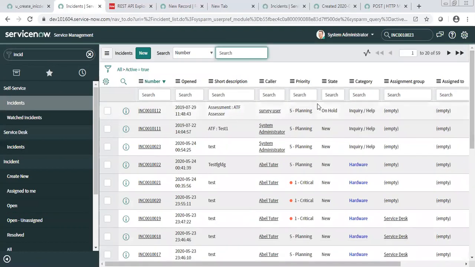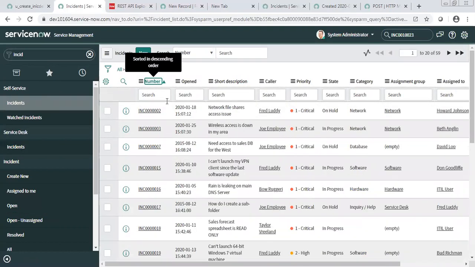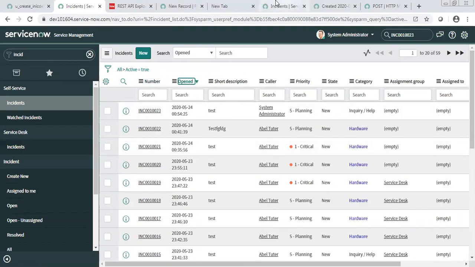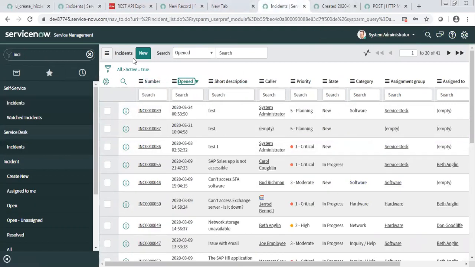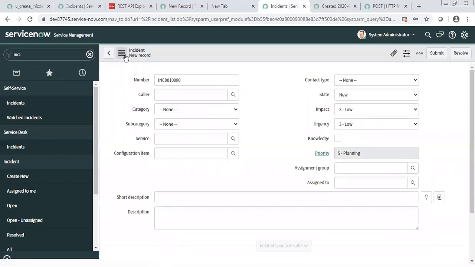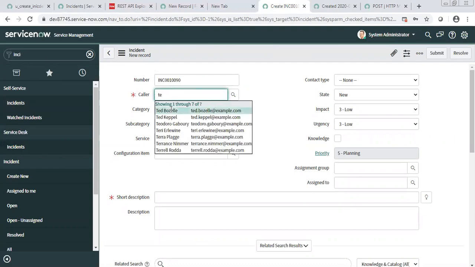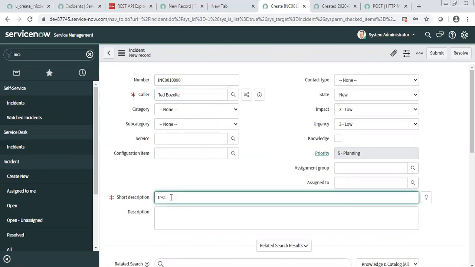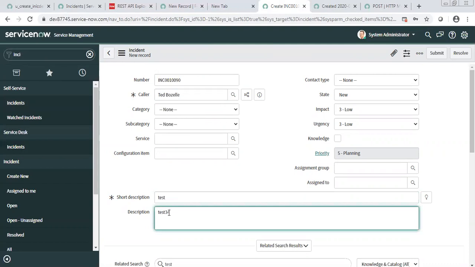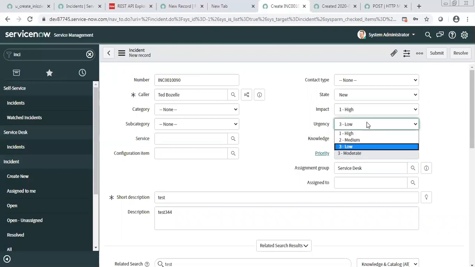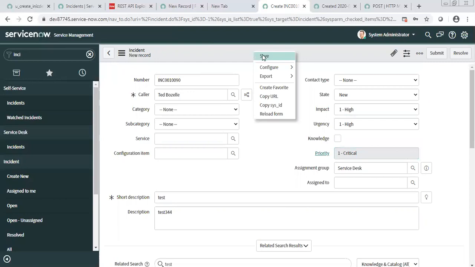See, right now 59 incidents are there. Now what I am going to do is create one more incident in your instance. Now I will just save.